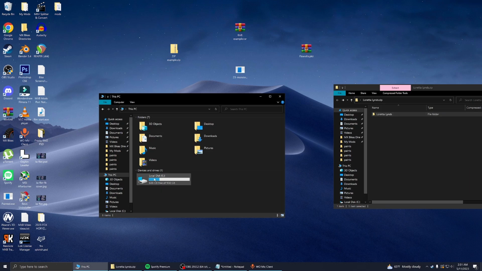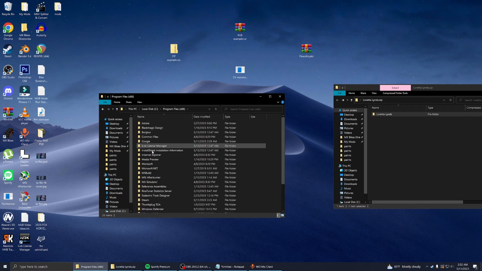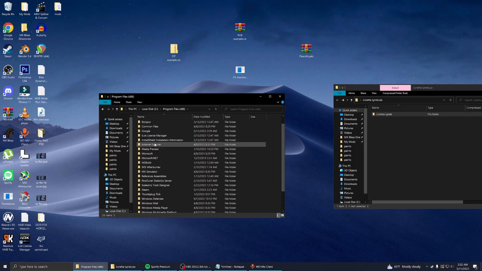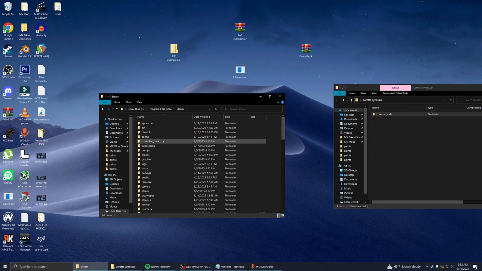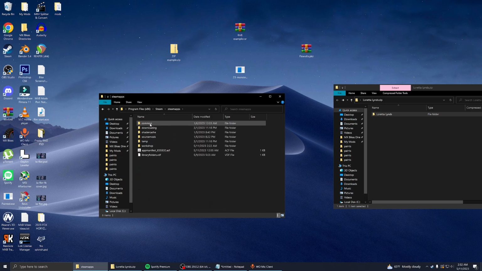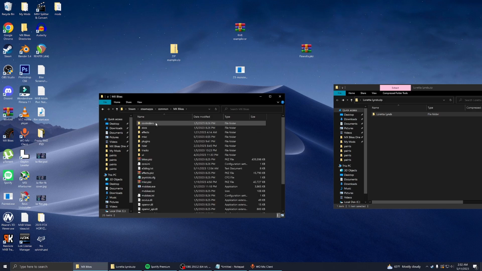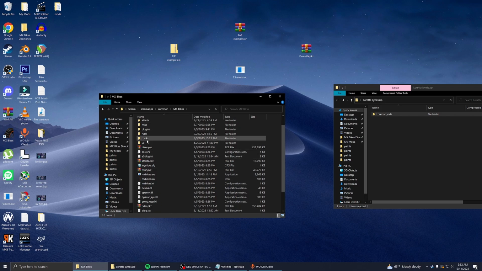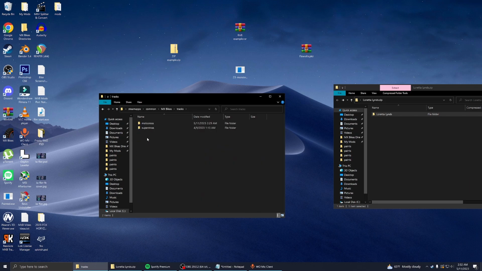So what you do is you go to File Explorer, you go to local disk, Program Files, Steam, and then you go to Steam apps, common, Spikes, and if there is not a tracks folder in here, you're going to go ahead and make one, call it tracks.